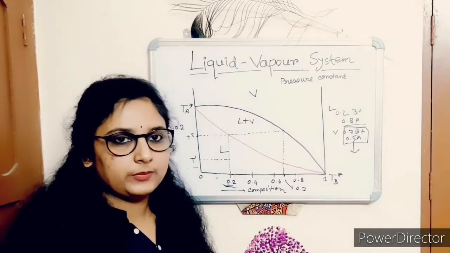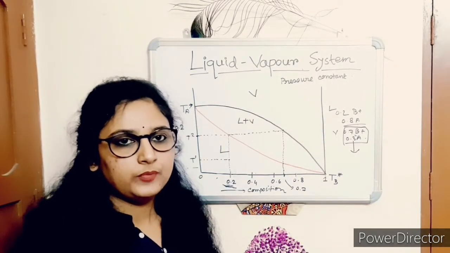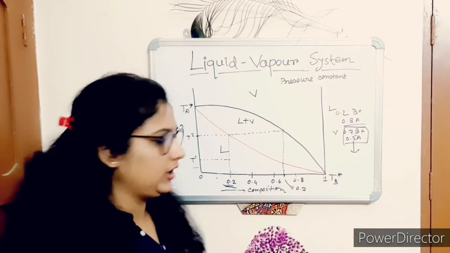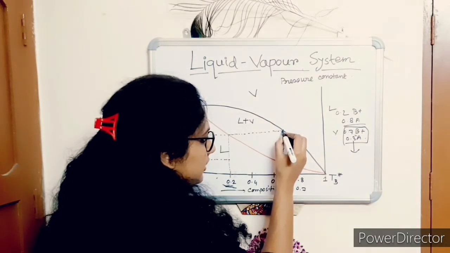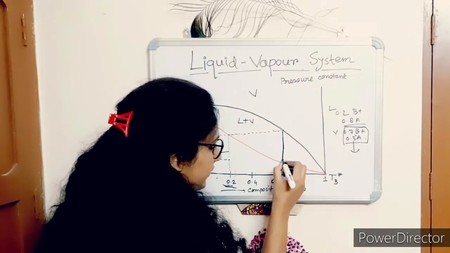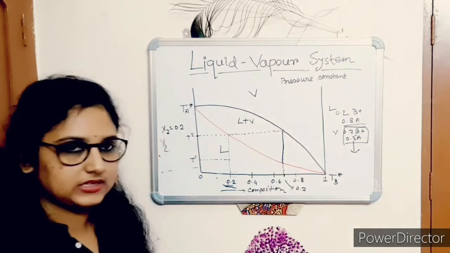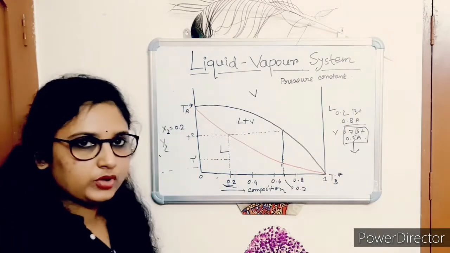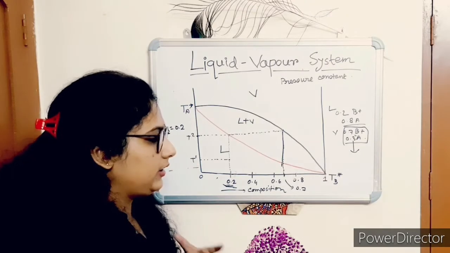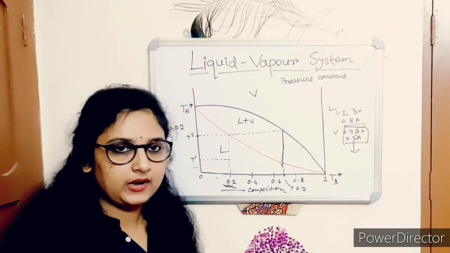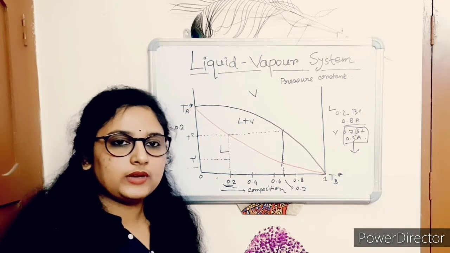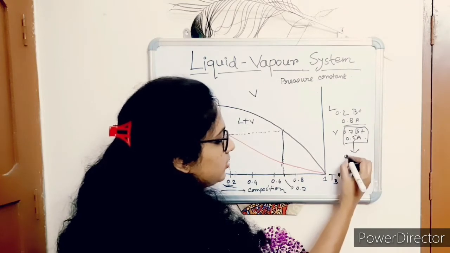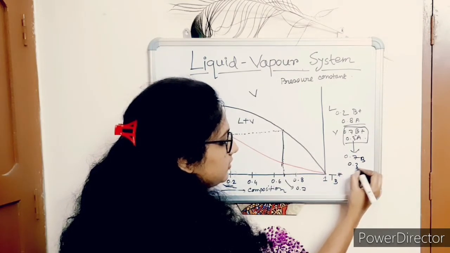Now by collecting the vapor state, you have to condense it into the liquid state. The condensation process means you have to cool it. When you are cooling the vapor, you can get the liquid at this point, and below this point there is only the liquid phase. Okay, so at first you have to collect the vapor and then condense it. So you can get the liquid which has a composition of 0.7 B and 0.3 A.